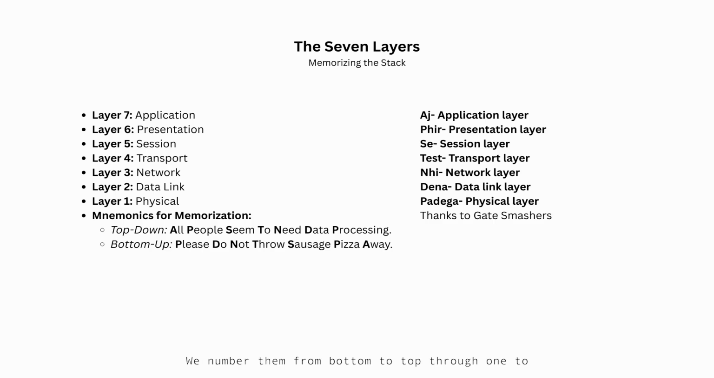We number them from bottom to top, 1 to 7. A popular way to remember this top down is: All People Seem To Need Data Processing. But if you prefer bottom up: Please Do Not Throw Sausage Pizza Away. Both work perfectly. Remember, the top layers are closest to you, the user, and the bottom layers are the closest